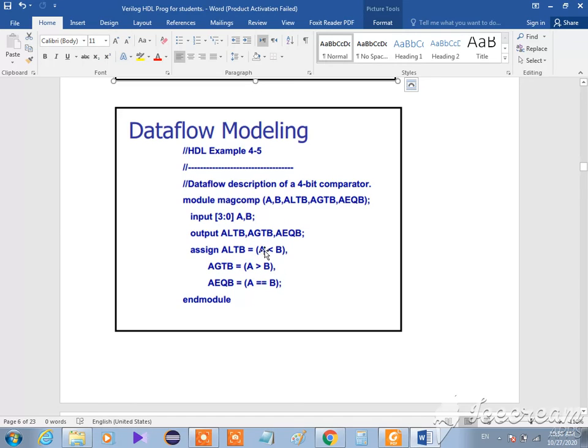For example, check whether A is bigger than B. The answer of this part will be 0 or 1, so assign 0 or 1 to this one. The answer will be a Boolean value, 0 or 1, true or false, and it is assigned to this one. And here you have a semicolon, and this is the endmodule. So this is another example of